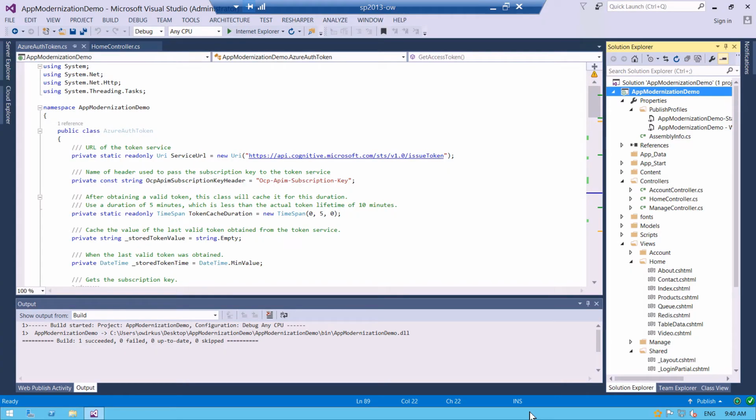Here you can see my virtual demo environment. This is Visual Studio 2015. And on the right side in the Solution Explorer, you can see that I already loaded my App Modernization demo application. So the first thing that we need to do here to be able to add the translation service to the existing demo application is I need to